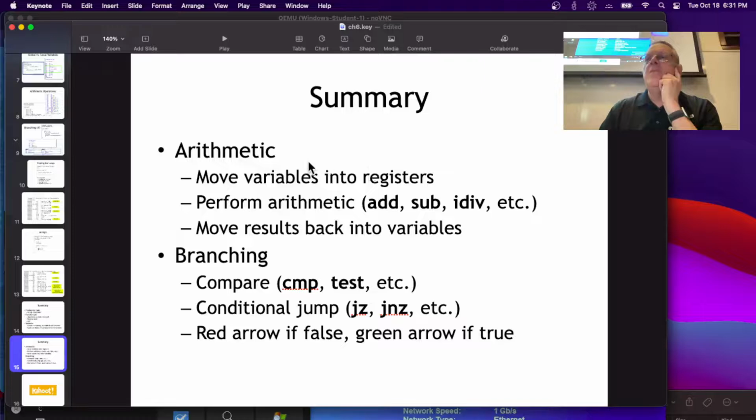And arithmetic, usually work with variables in the registers, and then you just do add, subtract, division, and so on, and the results go back into variables. They go into registers, and then you put them in variables. Branching, you compare, and then do a conditional jump, and you'll see 2 arrows coming out. So that's all. Let's try a Kahoot,